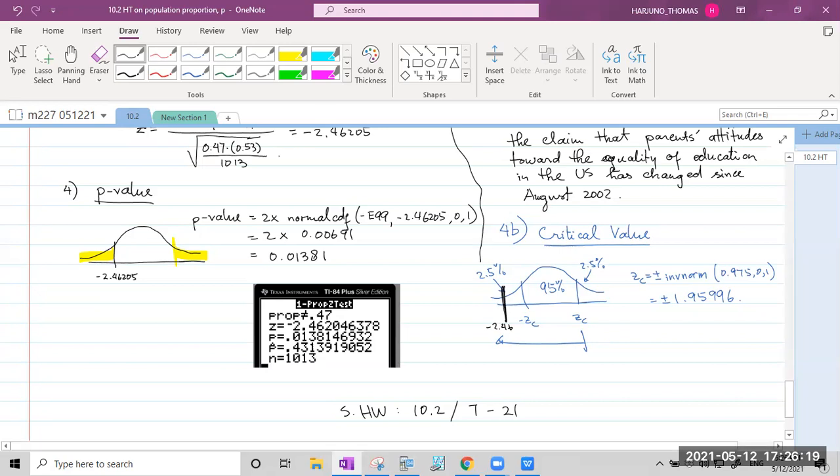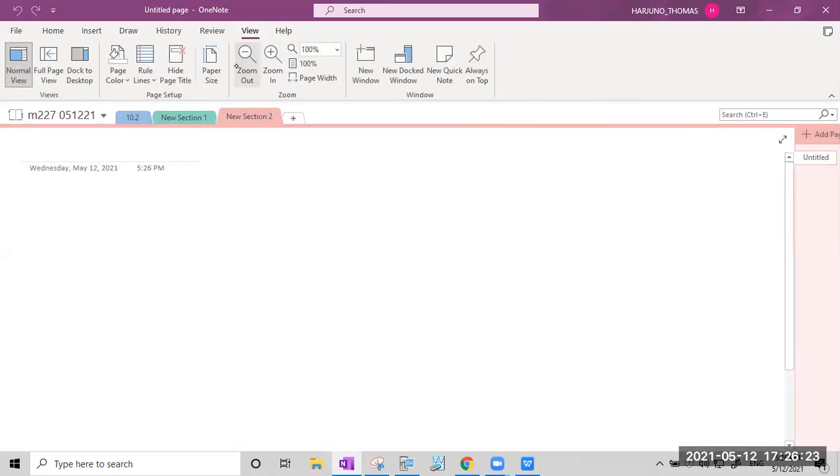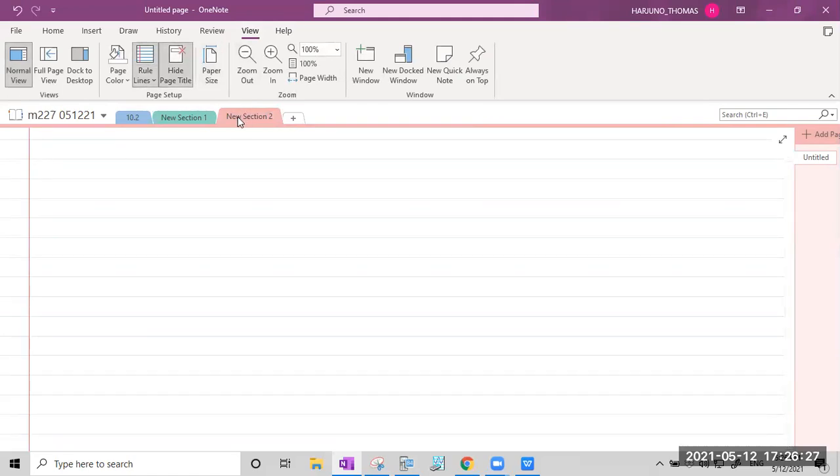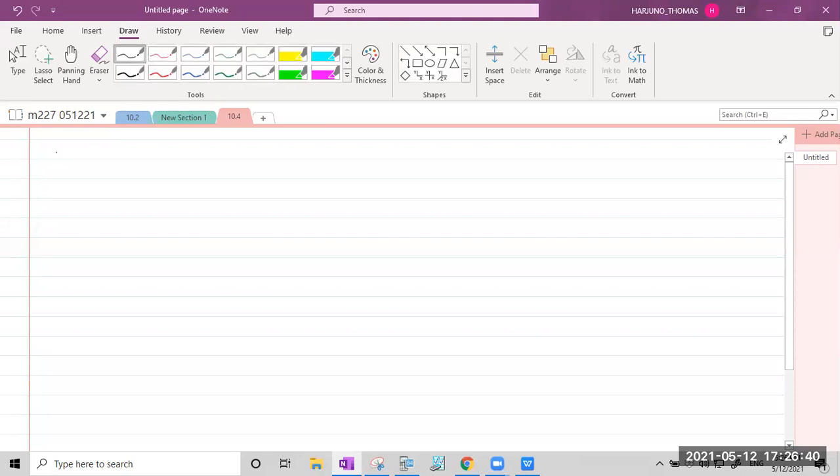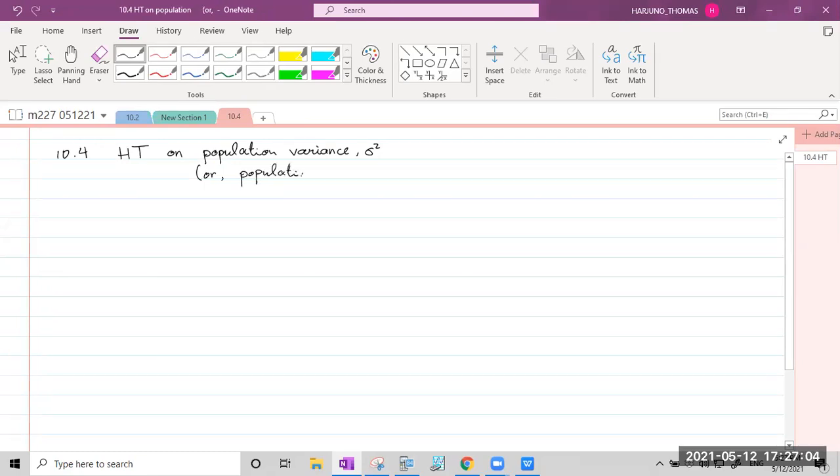Okay, let's take a break, and when we come back, we will do 10.4, which is hypothesis testing on population variance or population standard deviation. Let's at least give us the template first. We work on the template first. Hypothesis testing on population variance, which is sigma squared, or population standard deviation, sigma. The template,